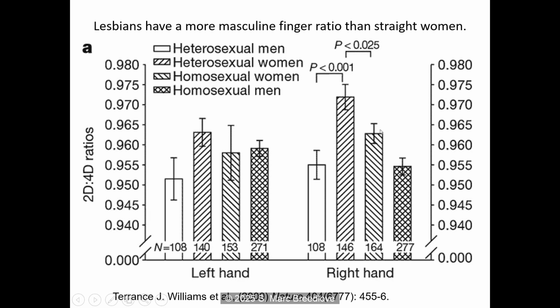Then we found that straight women had more feminine digit ratios than lesbians. In fact, lesbians had digit ratios as masculine as those of males in our sample. Well, that seemed strange. So we published that in Nature, and